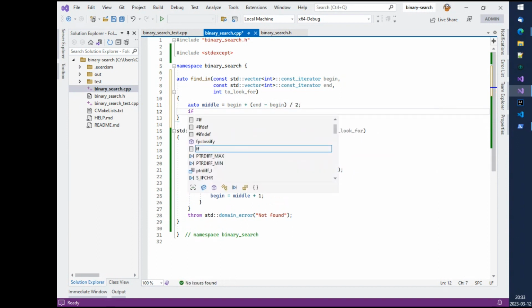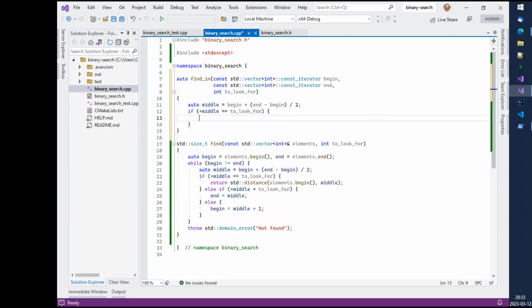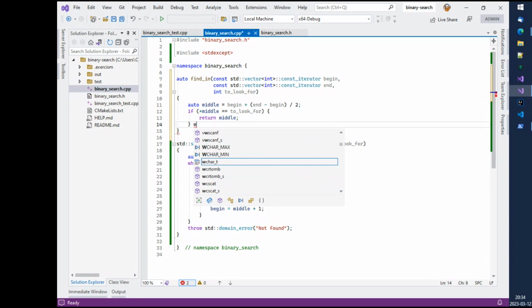And then we do the same checks. So if the middle point is the element we're looking for, then we won. So we return the middle. What we do is we return the iterator that points to the middle of the range. Otherwise,